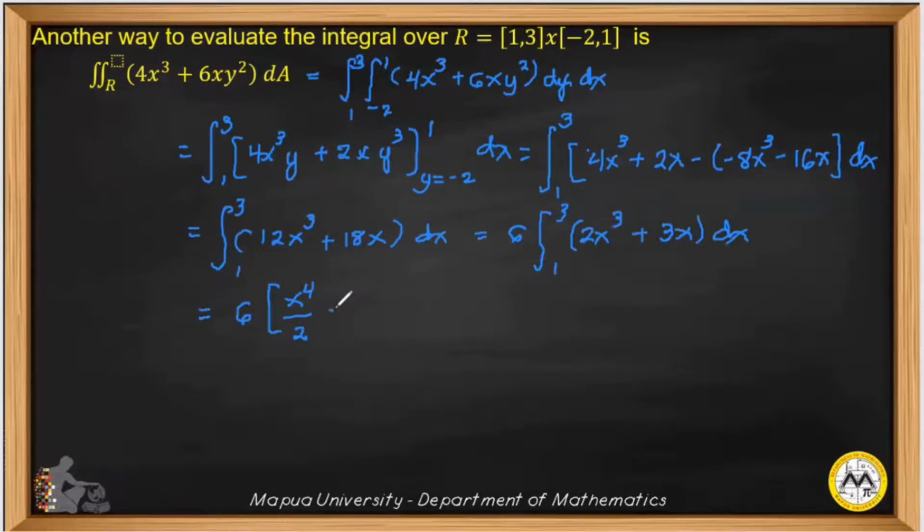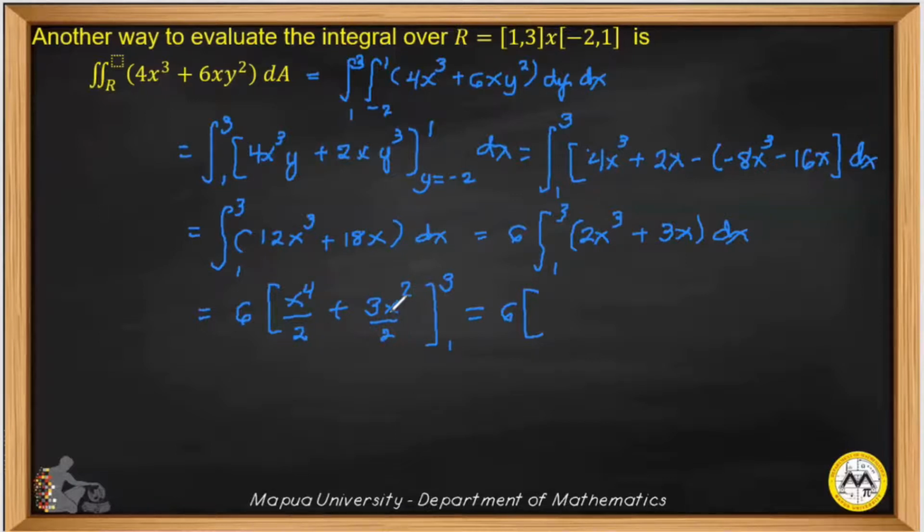Then plus the integral of 3x dx, which is 3x squared over 2, and the limits go from 1 to 3. Hence this is equal to 6 times